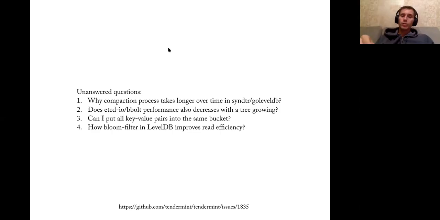Like with Go leveldb, you don't even need to go that far. You just do, I know, a 1 minute test and it starts to slow down, or even a 30-second test. With dbolt, I don't know. It's also a very good question. We need to test that too, because eventually it will slow down. Even